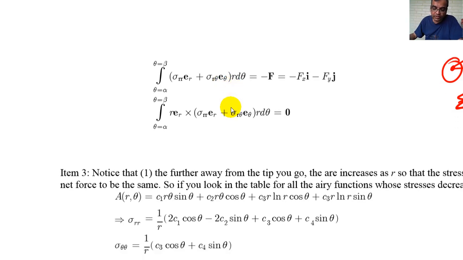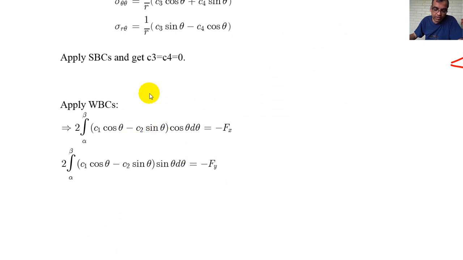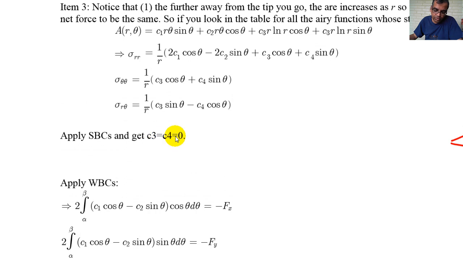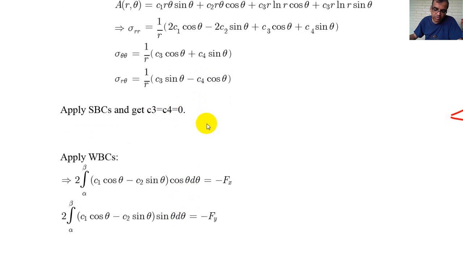If you do that, you will get two more equations. So you have two equations here, 4 unknowns, you're done. Solve it and you're done. I am not going to sit there and solve it. You can do it. But that's how the procedure works.